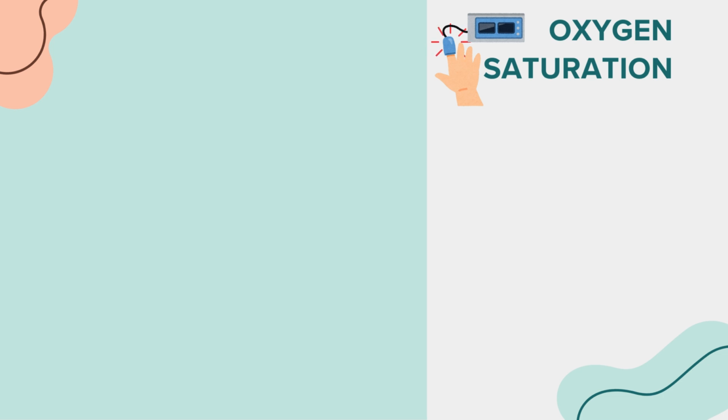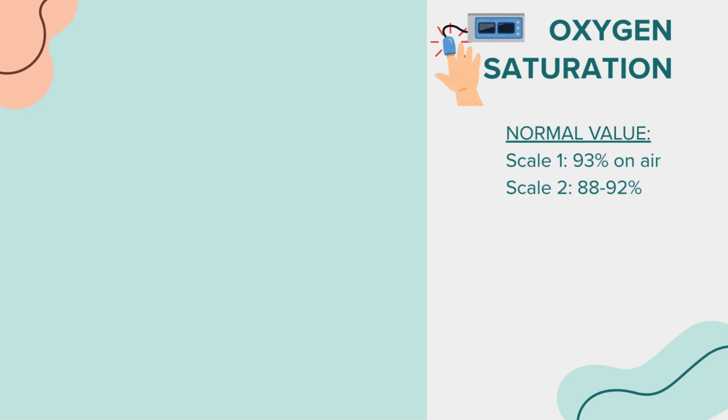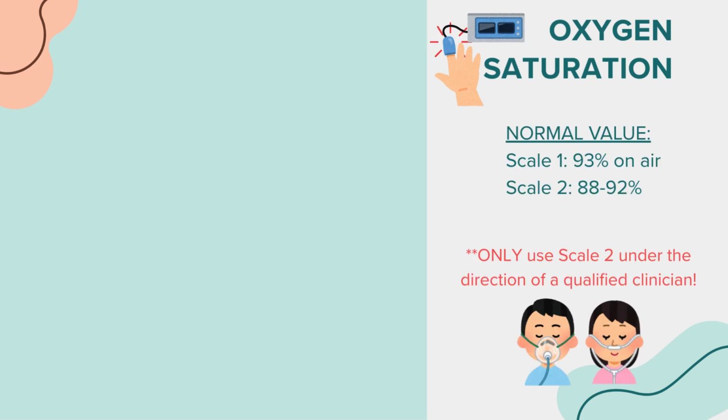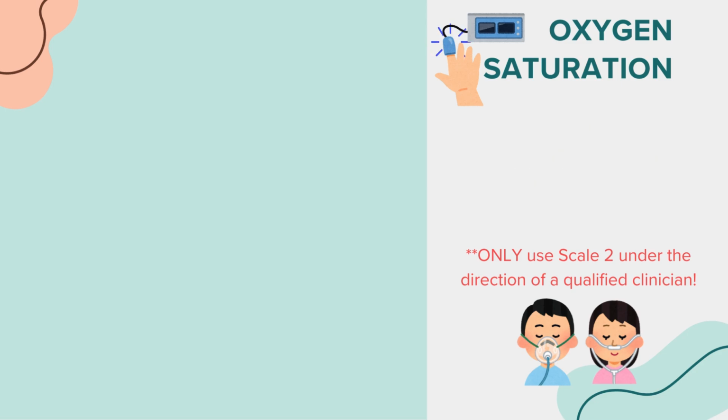Oxygen saturation is a measure of how much oxygen is carried in your blood. The normal value when using Scale 1 is 93% on air and 88 to 92% on Scale 2. Scale 2 is used for patients with chronic hypercapnic respiratory failure, conditions like COPD, who have a target oxygen saturation range of 88 to 92%. The decision to use Scale 2 should be made by a competent clinical decision maker and documented in the patient's